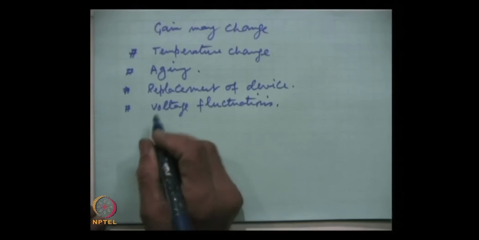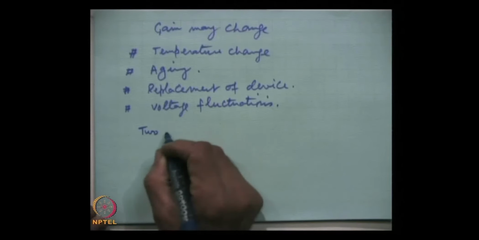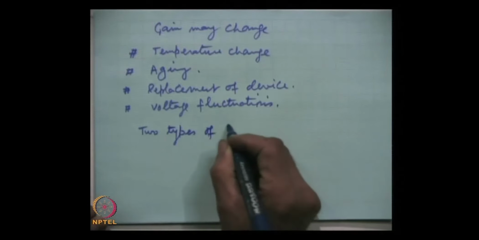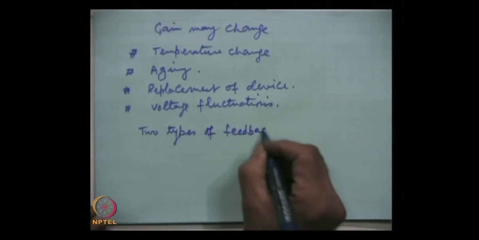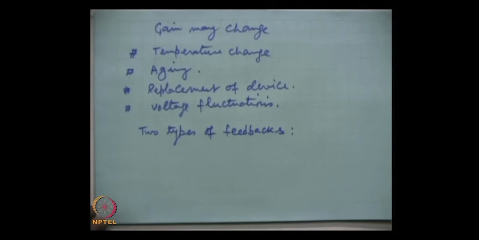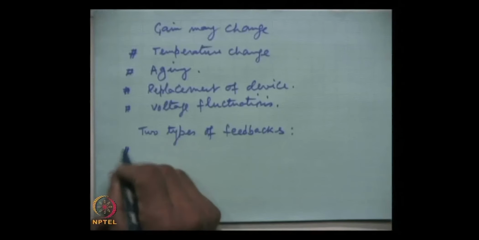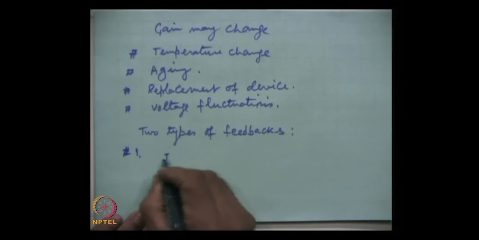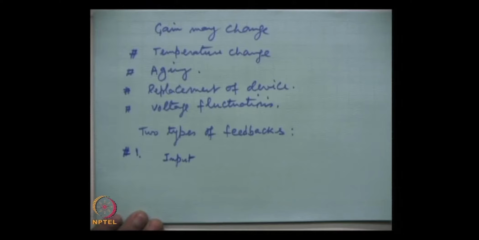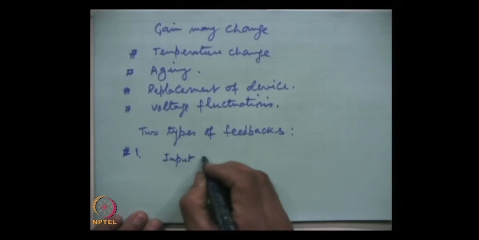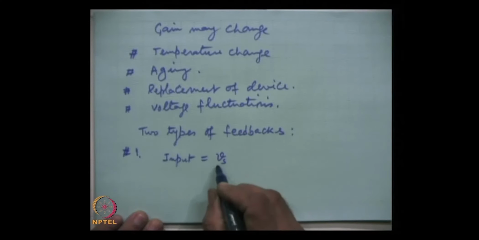Now, there are two types of basic feedback. It depends on how the two signals, the input signal and the fraction of the output, are mixed, in what phase. So, for example, one situation is when the net input which will be going to the amplifier is equal to the original input signal,